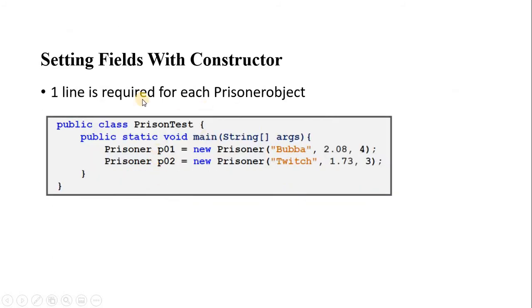When you create an object for a class, it should be based on the constructor that is defined. For example, here we have name, that means a string value. Here we have a double value. Here we have an integer value. So the same similar constructor is expected for this class, and it would have been already written. Based on that only we create the object, and we pass the values, or arguments, here.